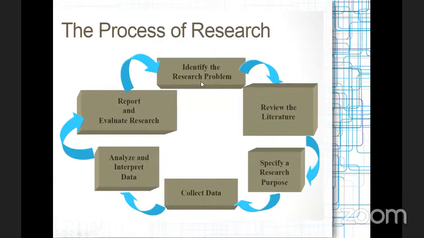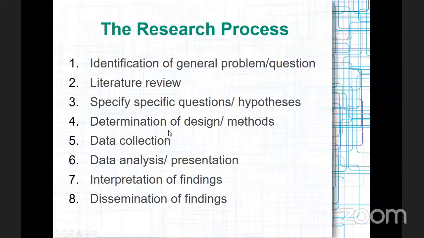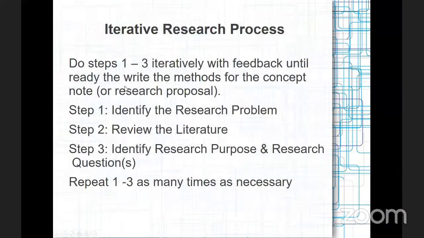And what you do is you identify the research problem, review the scholarly literature, specify a research purpose, collect data, analyze, interpret the data, report and evaluate research. And if you go back here, these first 4 items are in a way that you keep going back and forth. So the research problem, the literature, and the purpose,